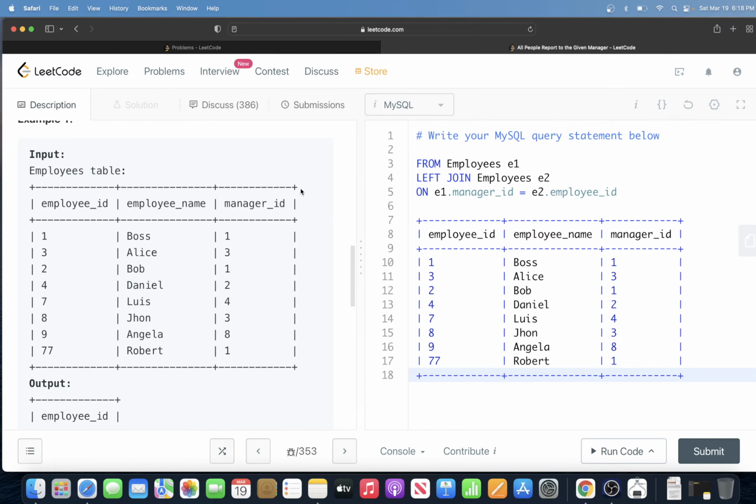So similarly here we will be having 3 more columns, again employee ID, employee name, and manager ID, but those would be E2 dot employee ID, E2 dot employee name, and E2 dot manager ID. So now we have 3 more columns in this. Again, when we do a join